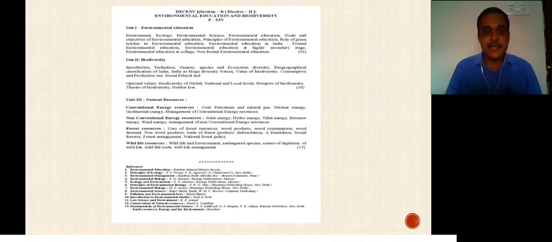In this paper, unit first has a weightage of 20 lectures: environmental education. Terms like environment, ecology, environmental science, and the concept of environmental education, their goals and objectives are highlighted. Then unit second is biodiversity: introduction to the ecosystem, diversity, biogeochemical cycles, megadiversity nations,